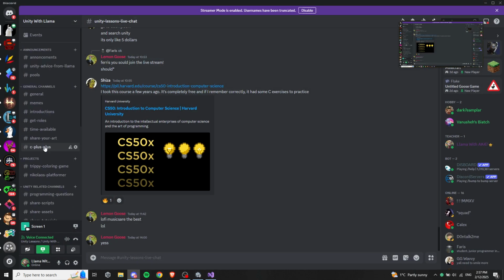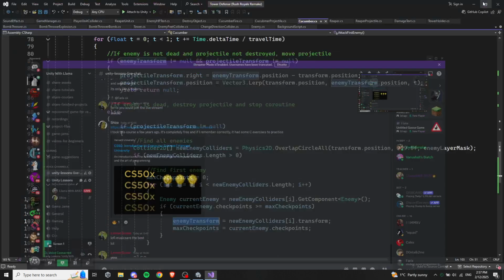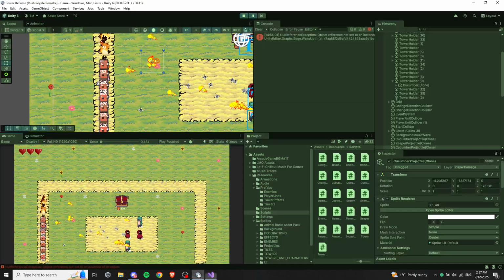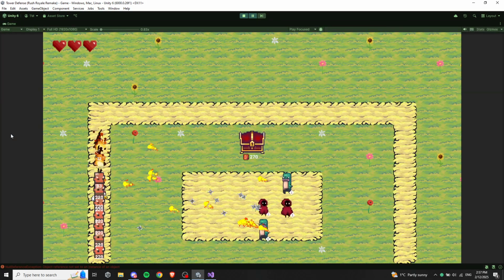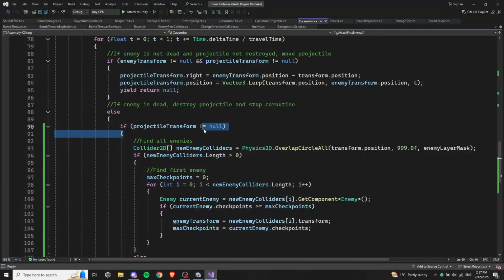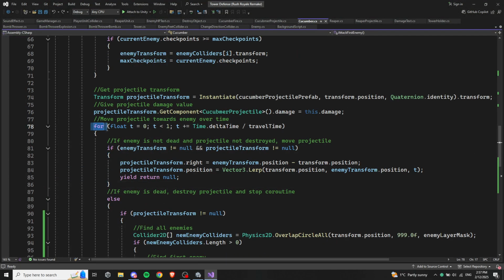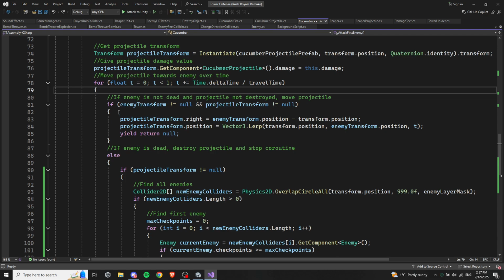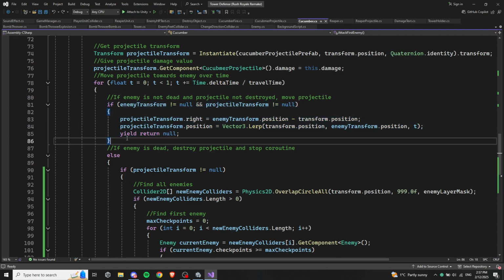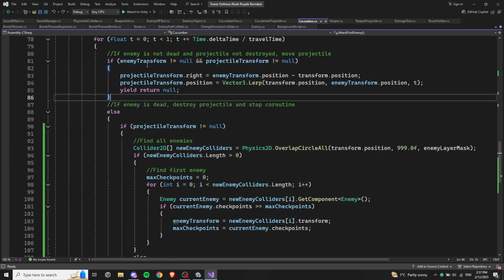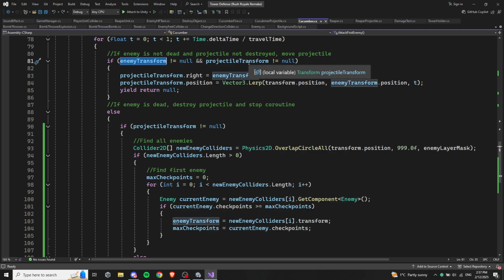I don't know. This is very odd behavior. They stop mid-way. I don't understand why this happens, because this should continue actually. This if here should continue because this transform, the projectile obviously exists,